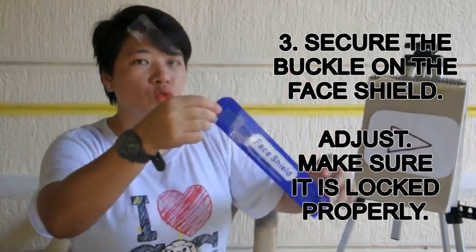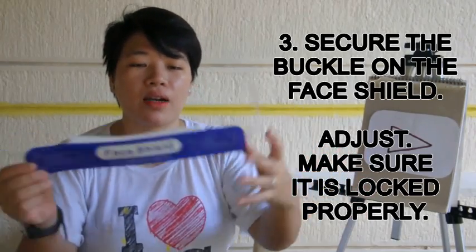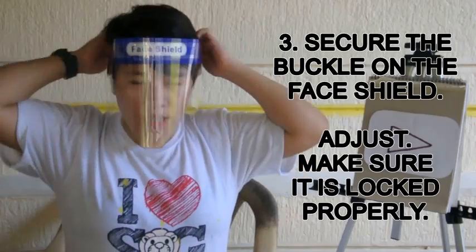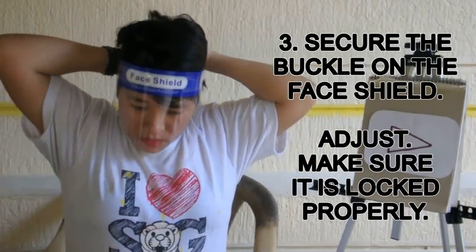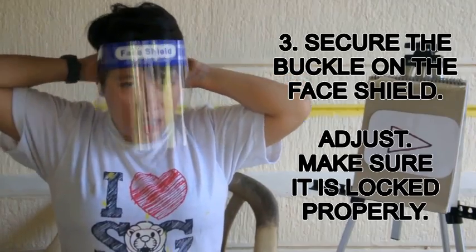Now, it's time for us to put this on our head. So, make sure na i-adjust natin na maayos yung ating goggles so that magamit natin na maayos ang ating face shield. Just like this. So, make sure ikabit natin siya na maayos para habang naglalakad tayo, hindi siya matatanggal. Okay, so